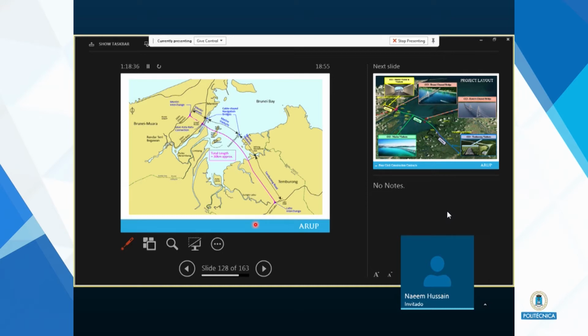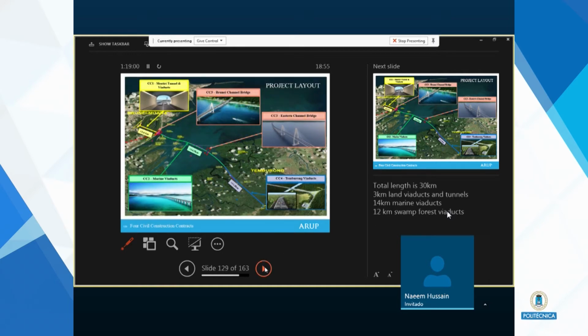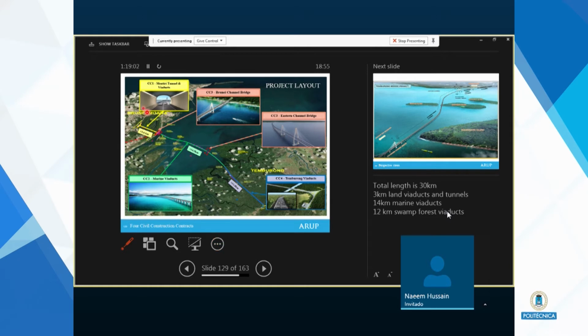So this is the final design. This is similar to Hong Kong, Shanghai, Macau. It's about a 30-kilometer bridge. We've got 3 kilometers of tunnel, 14 kilometers of marine viaduct, 2 navigation channel bridges, and then a viaduct across a swamp forest. And this shows the tunnels, the 2 cable-stayed navigation bridges, the marine viaduct, and then